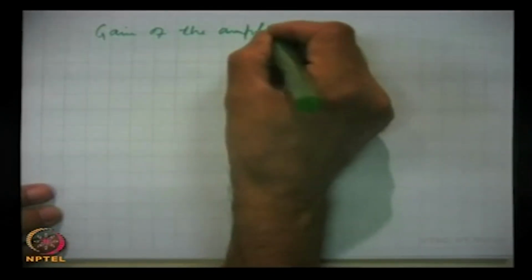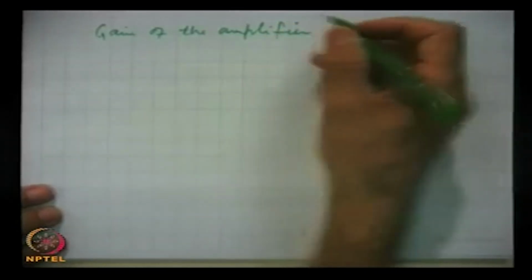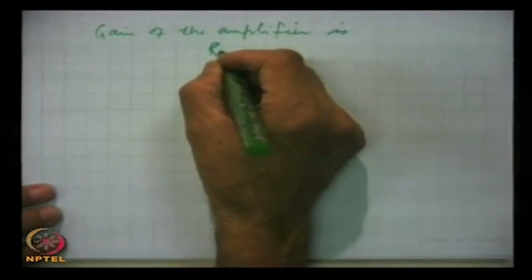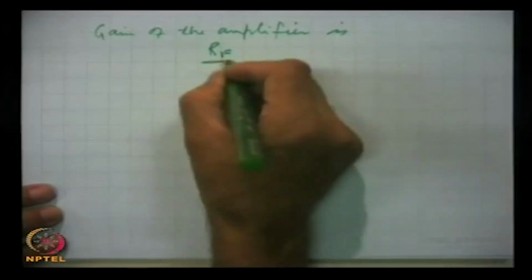Now, here we should note in this basic circuit of differentiator, there are two problems. One is that gain of the amplifier is RF by